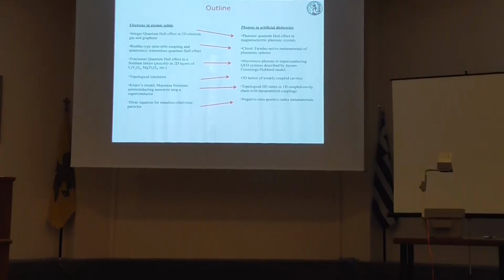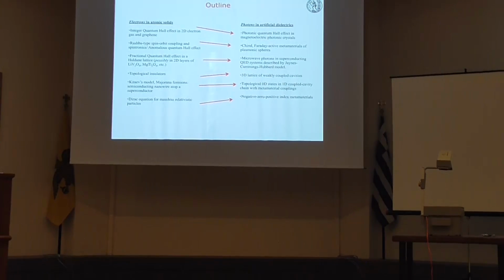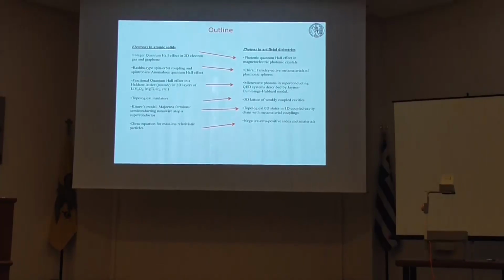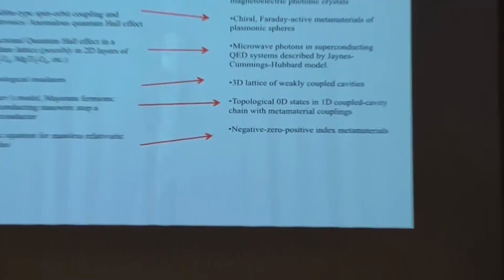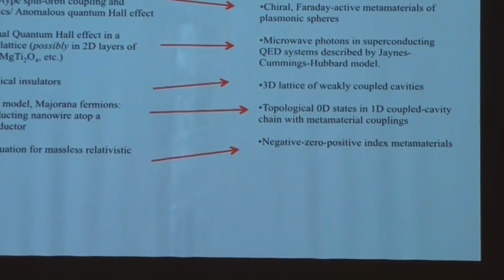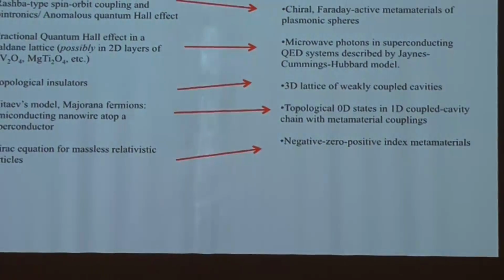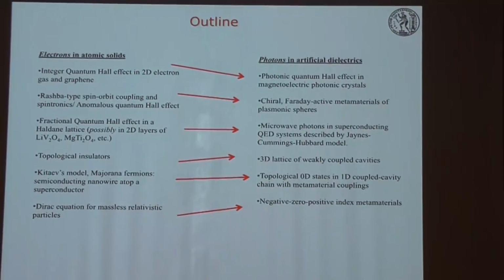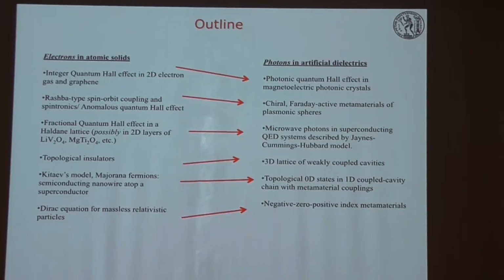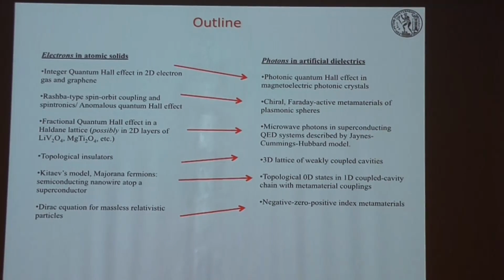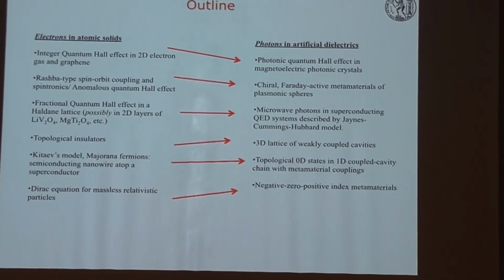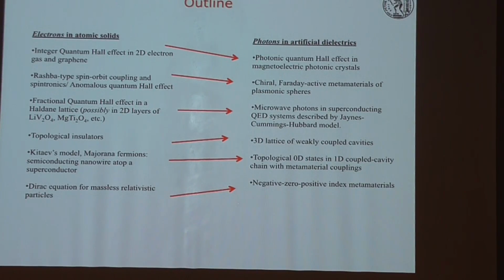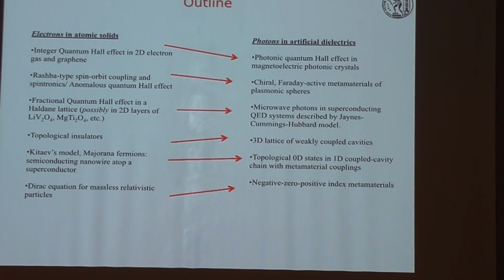First, I'll deal with the integer quantum Hall effect and how this can be implemented with magnetoelectric photonic crystals or chiral metamaterials. So actually it's the first and second arrow here. And then how we can implement the integer and possibly the fractional quantum Hall effect with microwave photons and microwave Haldane lattices. Then I will move to simulators for topological insulators and